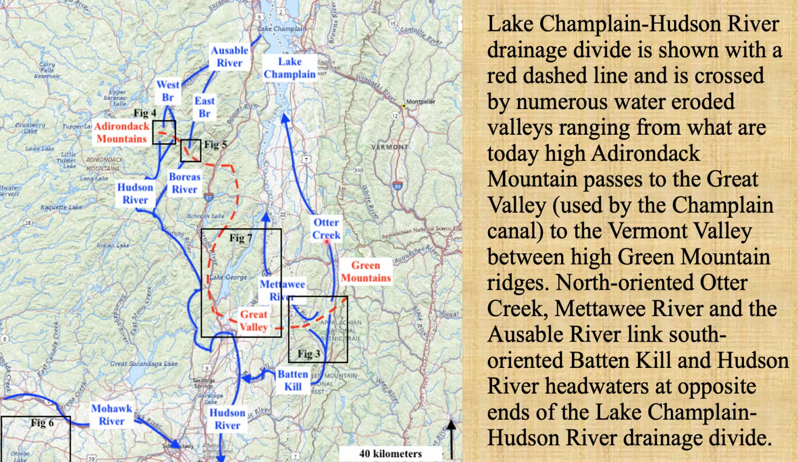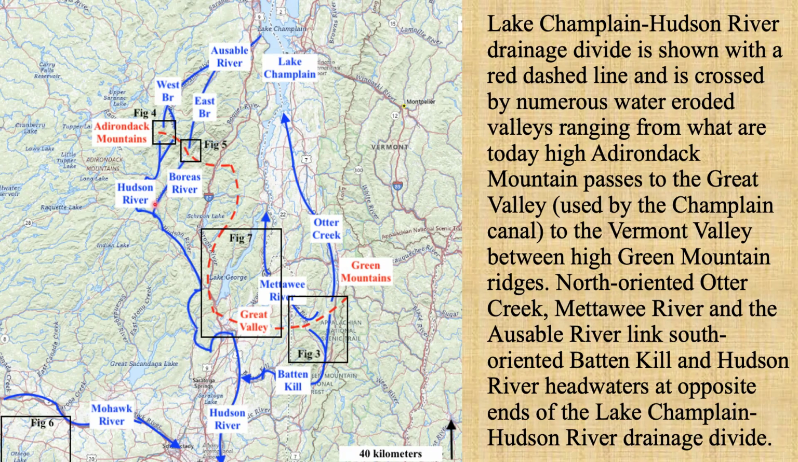In Vermont, it's Otter Creek and the Meadowee River. In New York and the Adirondacks, it's the east and the west branches of Ausable River. And you'll notice that all three of those end up in the Lake Champlain Basin. Now, to the south in the Adirondack Mountains, we have the Hudson River headwaters starting right at the drainage divide,